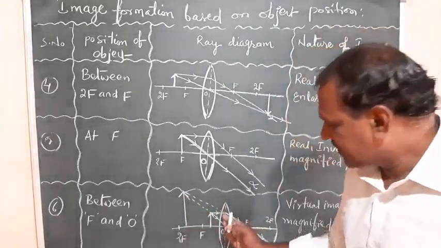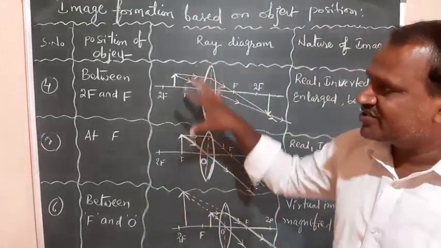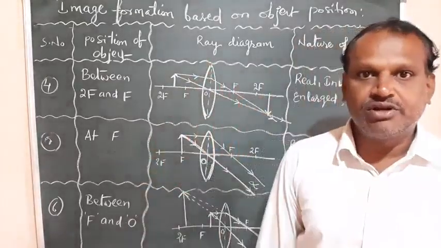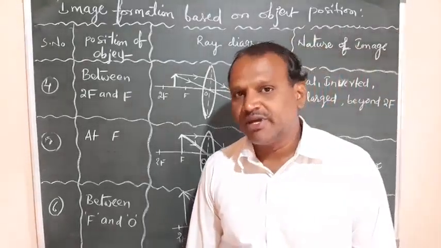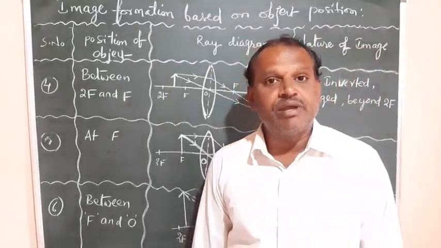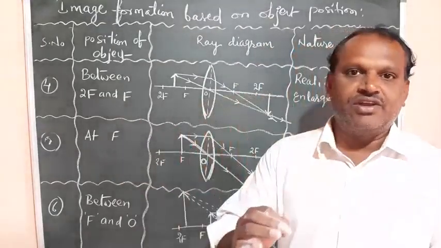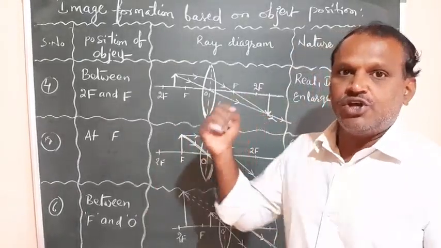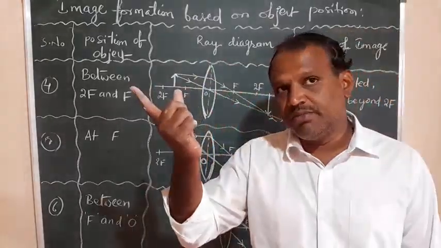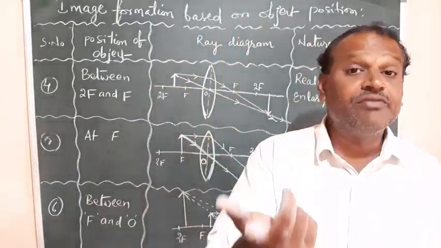And where will it form? It will form on the same side of the object only. So here these are the 6 different positions of the object we observed for a convex lens, for which we can get the image formations. Isn't it? So we can observe the nature of the image. So for these 6 positions, whenever in the calculations the position of the object is given, in any one of these cases you have to remember the nature of the image and whether it is magnified or inverted or maybe where it will form.